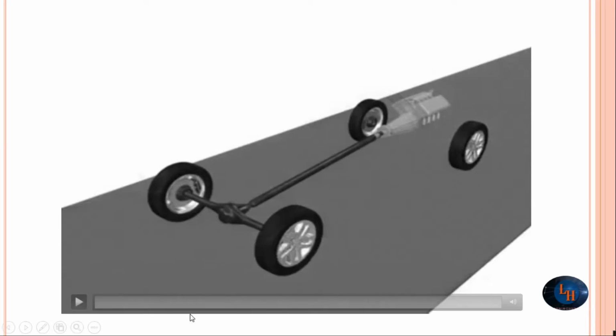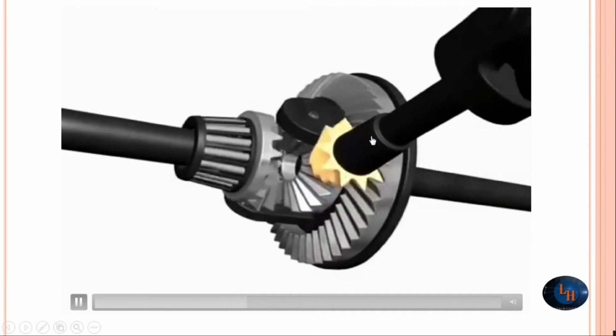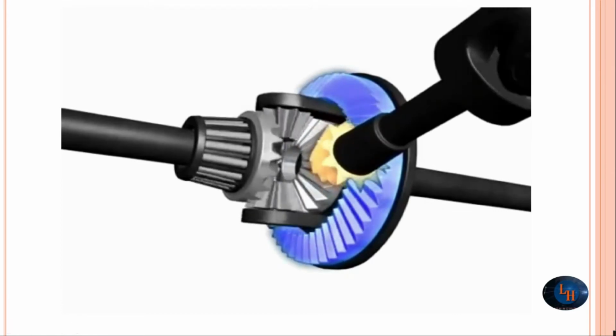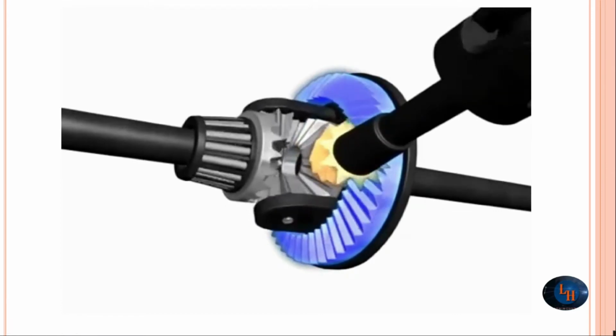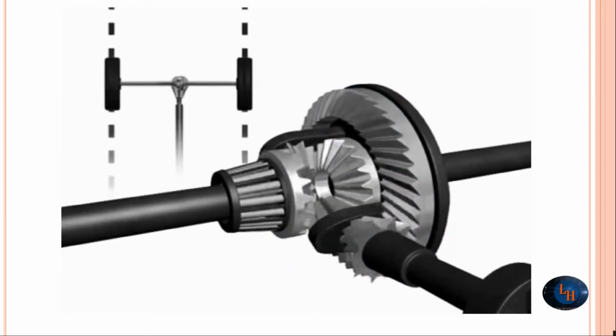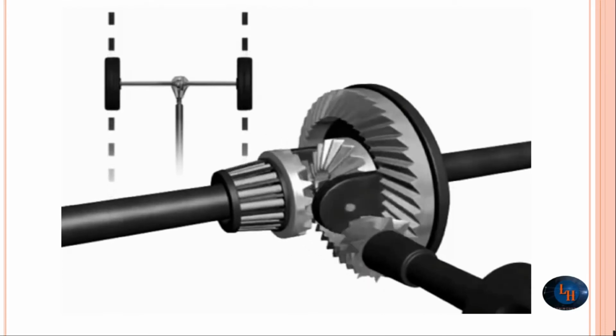The power is supplied from the engine transmission through the drive shaft, which is connected to the differential. A pinion gear is attached to the end of the drive shaft. This turns the ring gear. This ring gear surrounds the set of differential gears. When the vehicle travels on a straight path, the cage and the inner gears rotate as one unit, and the two hub shafts rotate at the same RPM. In this condition, there is no relative motion between the various differential gears.